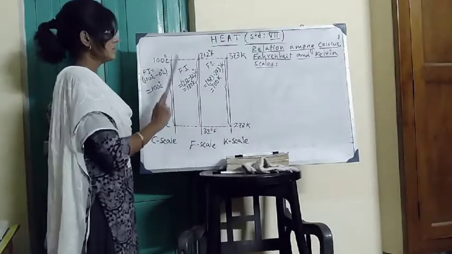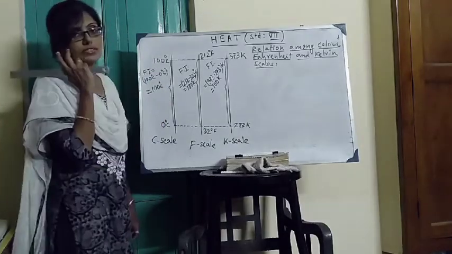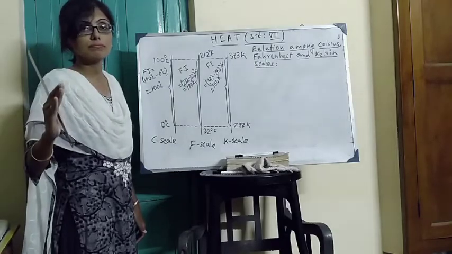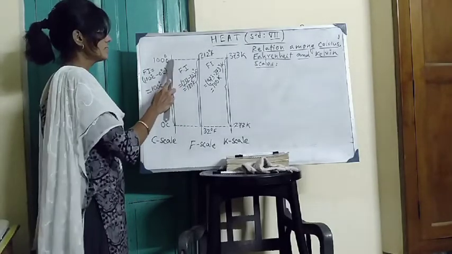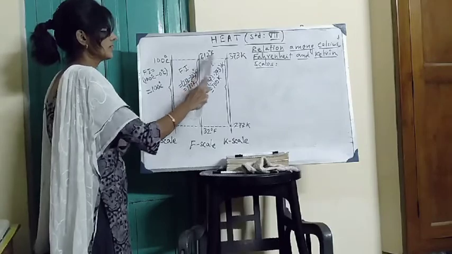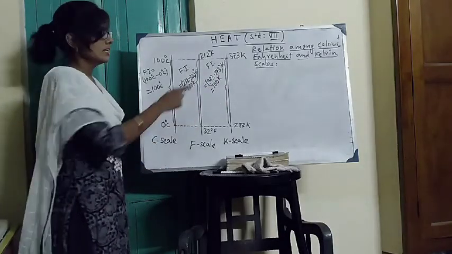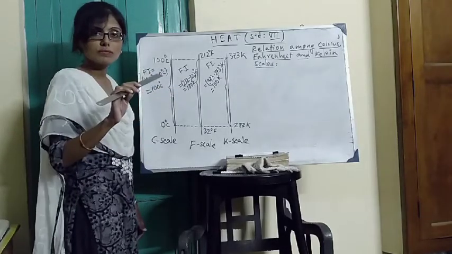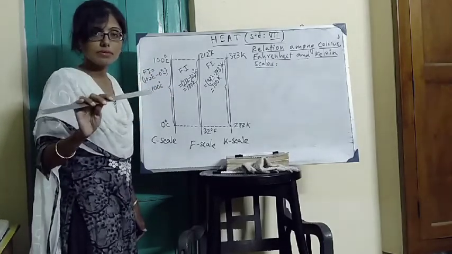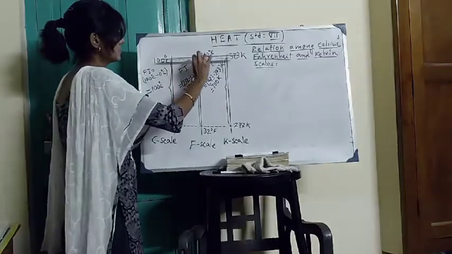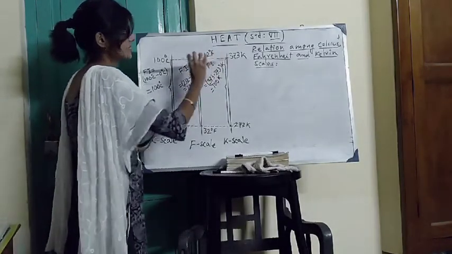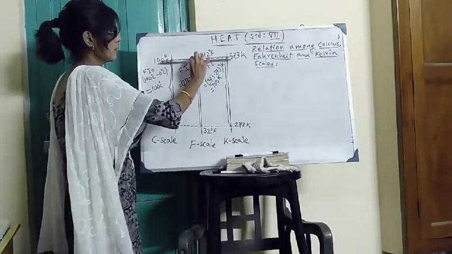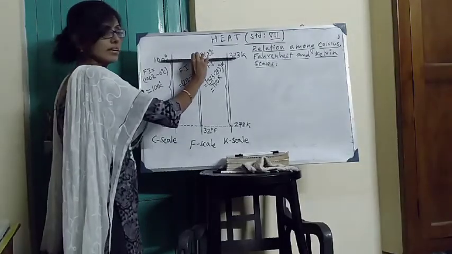Clear? Similarly, 100 degree Celsius is the boiling point of water, means the temperature at which water turns into steam. Okay? So 100 degree Celsius, 212 degree Fahrenheit and 373 Kelvin, all these three temperatures are the boiling points of water. Boiling point is a constant temperature, so definitely these three temperatures are same. So these 3 points are lying on the same horizontal line.